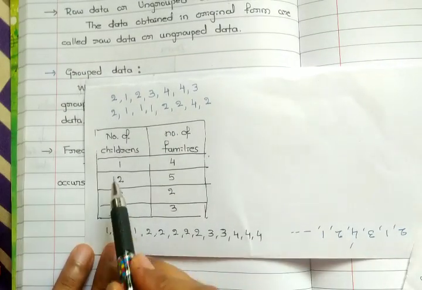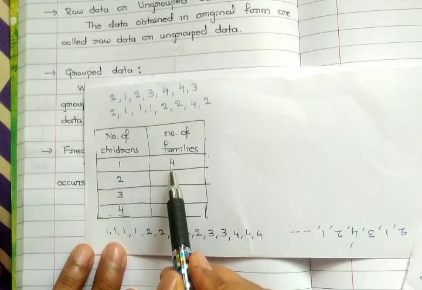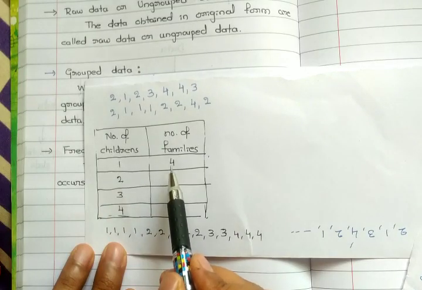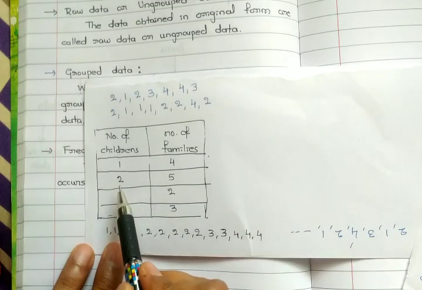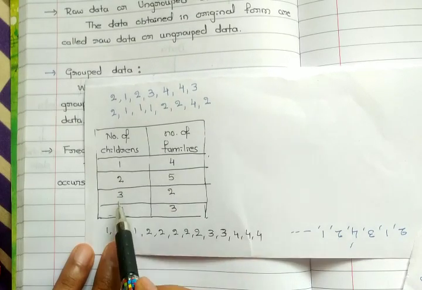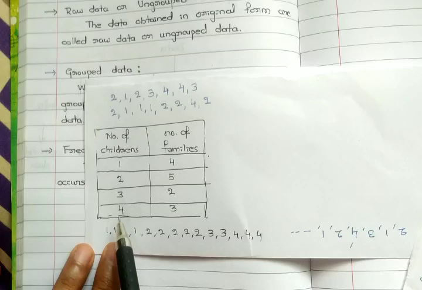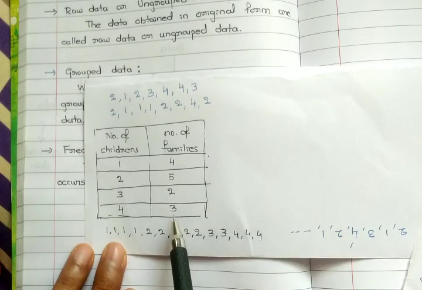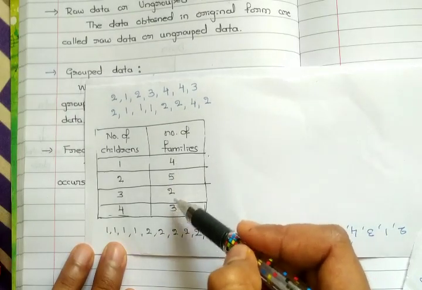So one child is repeating 4 times, 2 children are repeating 5 times, 3 children are repeating 2 times, and 4 children are repeating 3 times. This is what we call